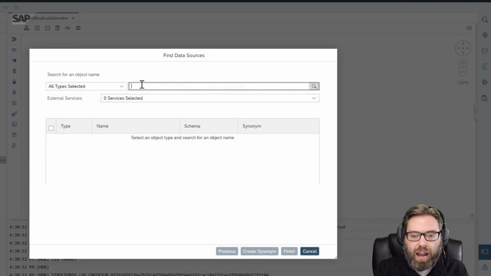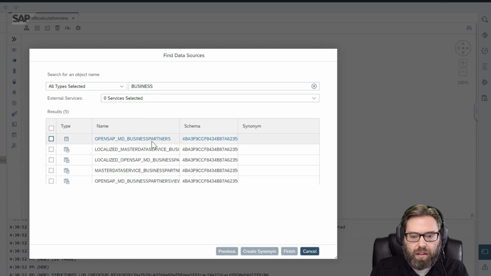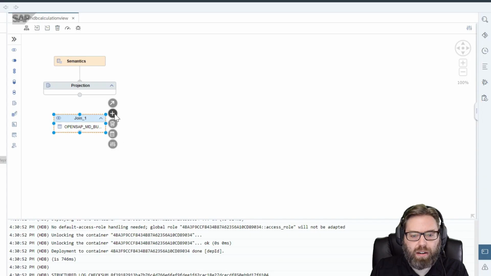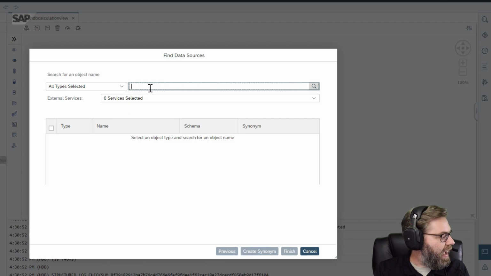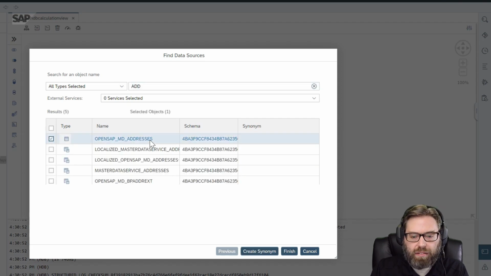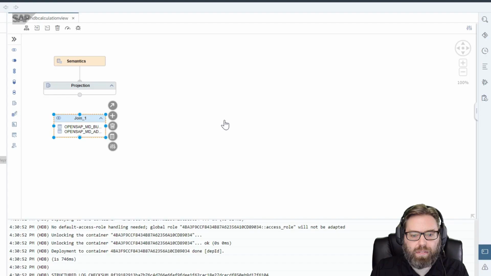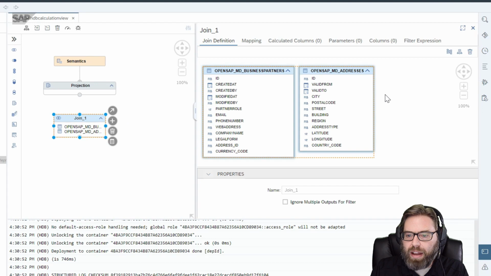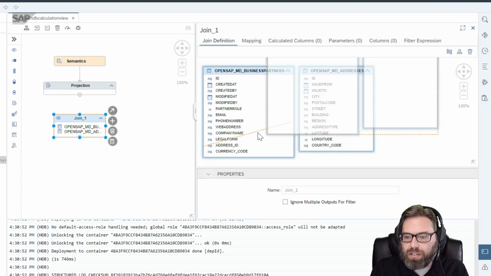I'm going to add my, what was it? Business partner. Business partner, and then we are going to add the addresses. There we are. And then when we bring up the join editor, so our business partner has an address ID, and that address,